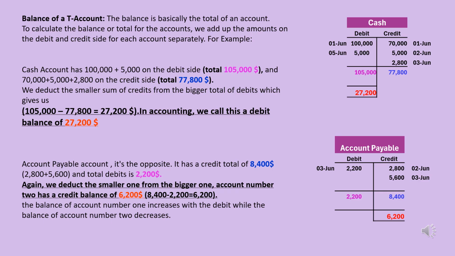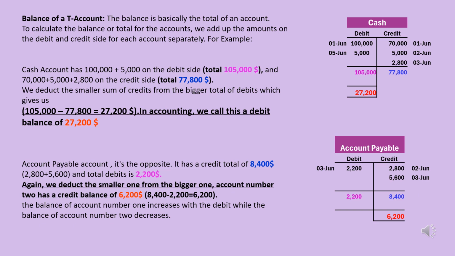Balance of a T account. The balance is basically the total of an account. To calculate the balance or total for the accounts, we add up the amounts on the debit and credit side for each account separately. For example, cash account has been debited, meaning inflows of money. On June 1st received $100,000 and on June 5th received $5,000. That is why it is recorded on the left side, debit side of cash account. Total of debit side is $100,000 plus $5,000 equals